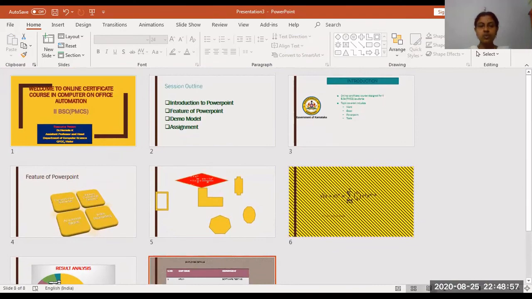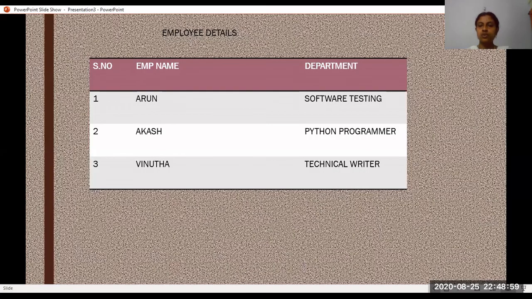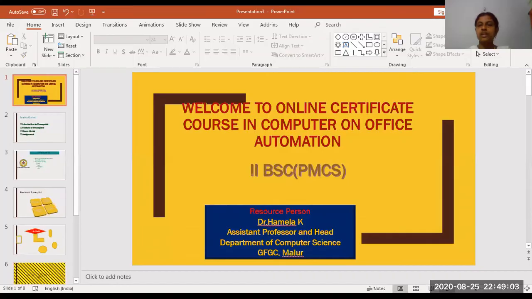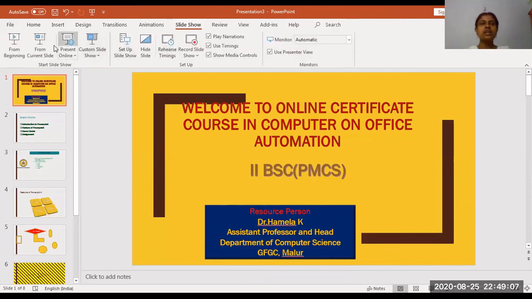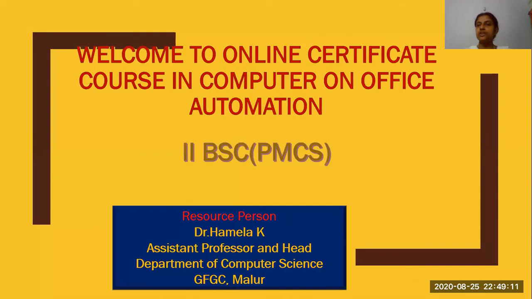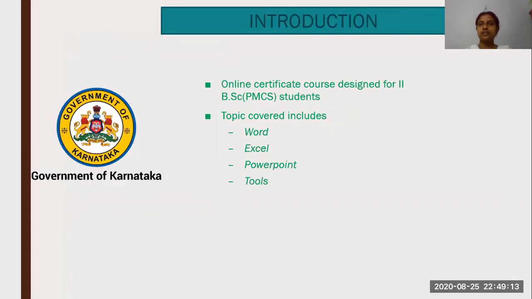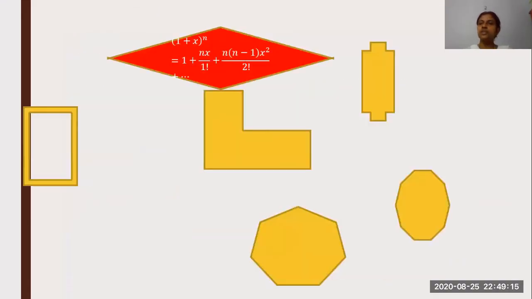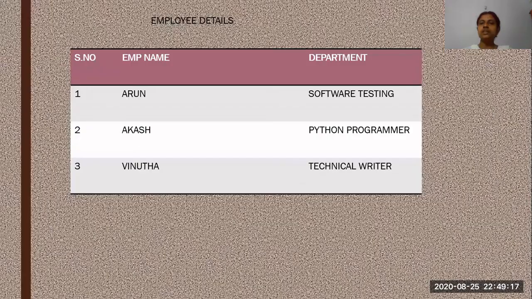Next is reading view. If you only want to read, you can go for this. Next, go back to the normal view itself. Last is slideshow. Here also you can select it, or you can go to File and click Slideshow. Slideshow is the view where you will exactly present your slides. When you are explaining, you will always present in slideshow view. These are the design formats.